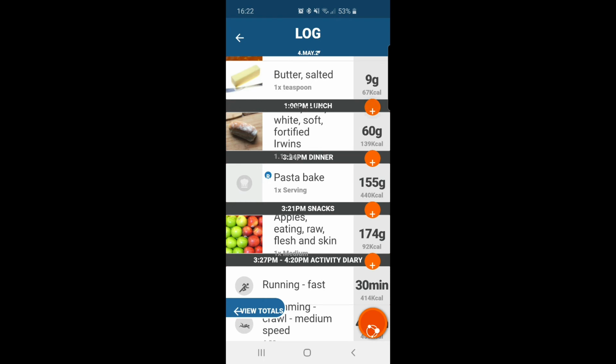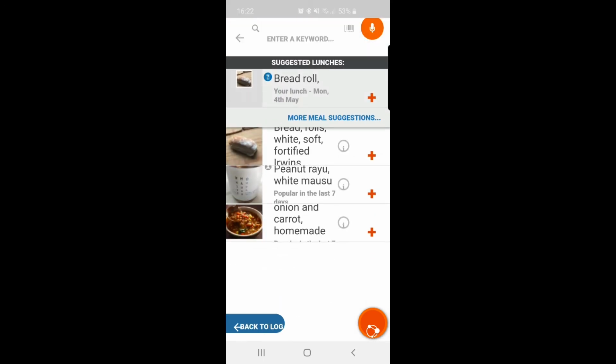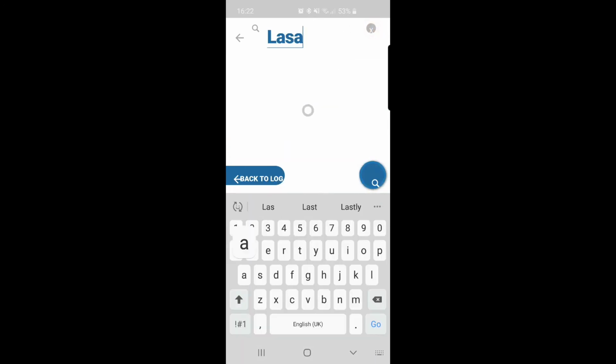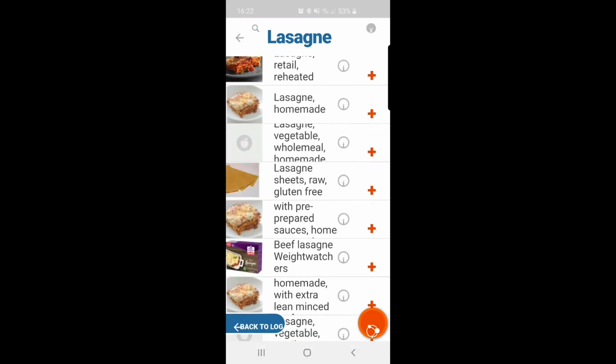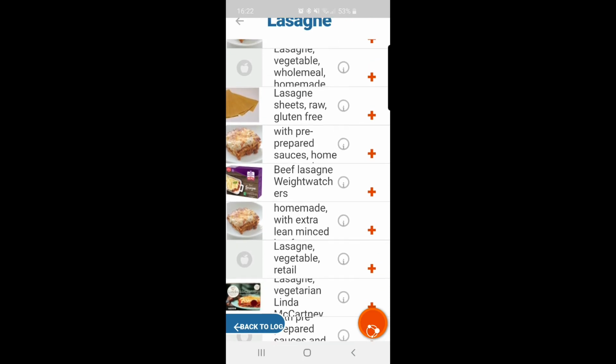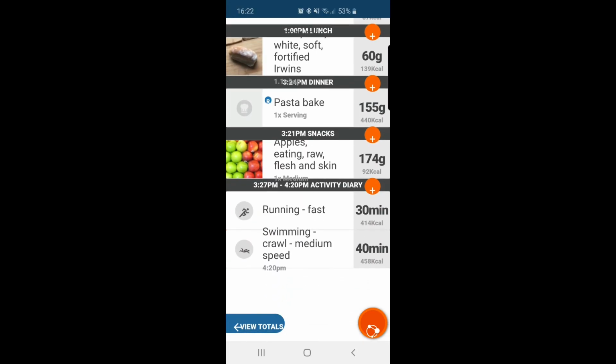Now let's say I want to add a little more there. Perhaps with that bread roll, I had some lasagna. Now, let's type in here. Okay, so it gives you options here of lots of different lasagnas. If it was, let's say, a lasagna that you were able to buy in a shop, if you go back out here,